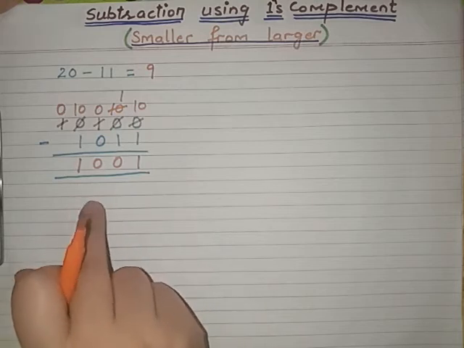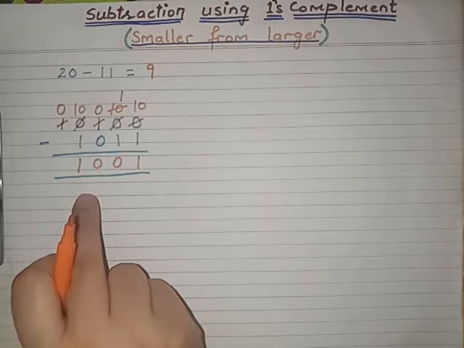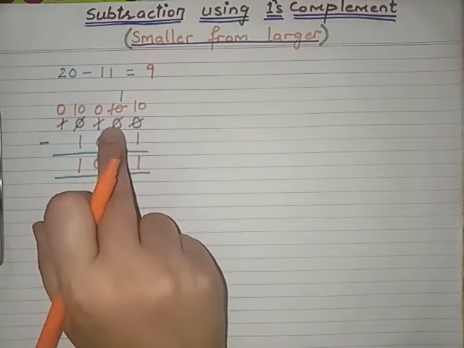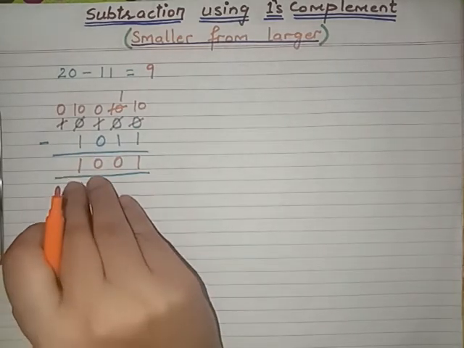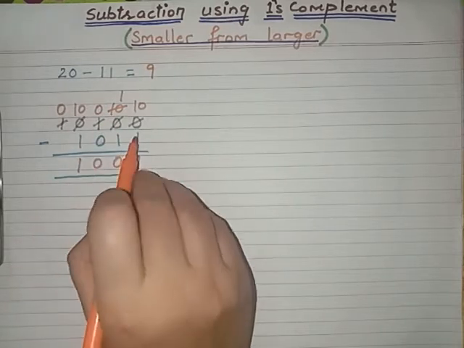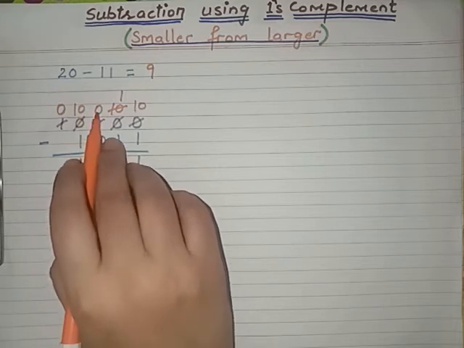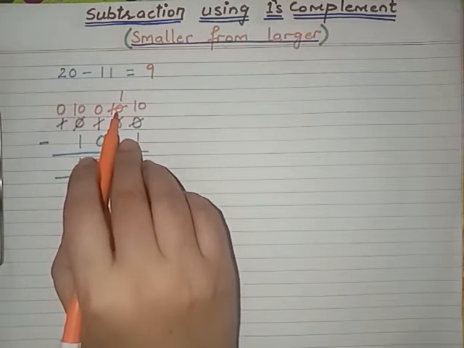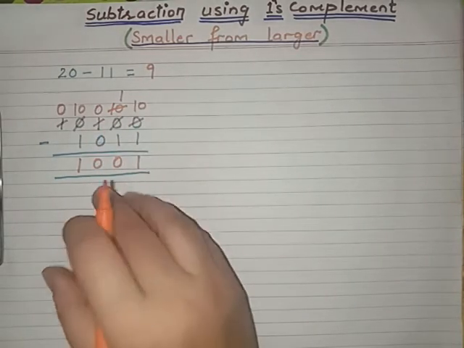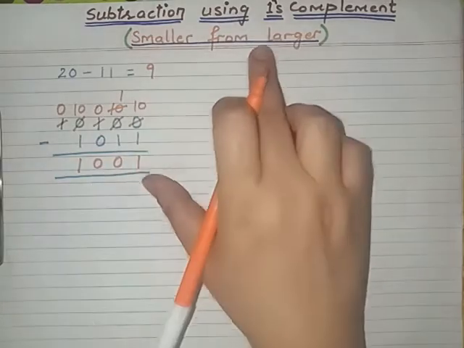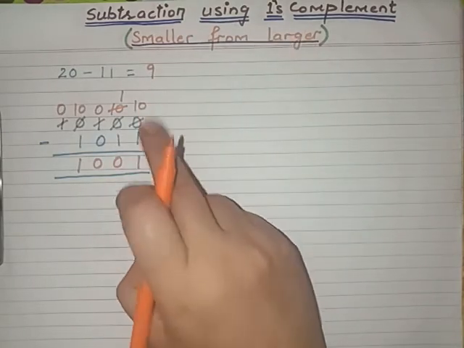But the thing is, we have done this subtraction with simple binary arithmetic, taking the borrows from this and this, and this is sometimes confusing for us. So just to eliminate this confusion, that we are taking the borrow from the next, then borrow from the next, and this one is becoming 0, how this 0 is becoming 1 0, if we find all these things very complicated, then to make this subtraction very simple, we will be using the ones complement method. By using this method, we can make this subtraction very easy.